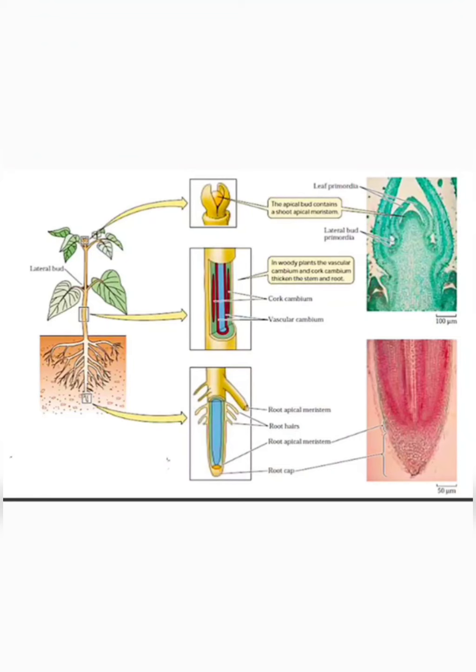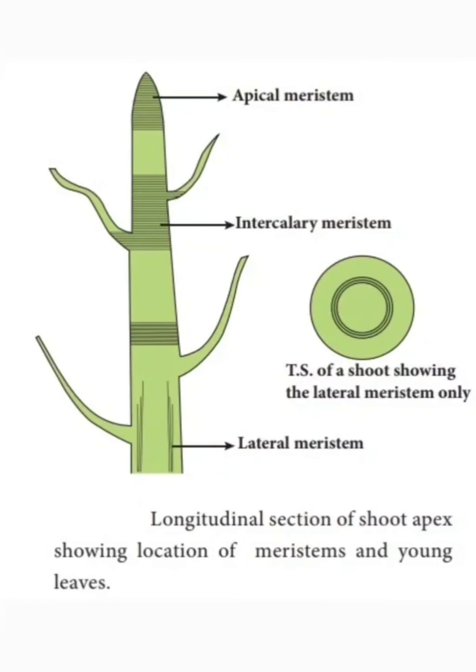Now let us learn about the different types of plant tissues. The first one is meristematic tissue. Meristematic tissue helps in the overall growth of the plant as well as in the repair of the plant. From the figure given here, we can notice that the meristematic tissue is present on the tip regions. It is present at the sides as well as in between the layers of the tissues.